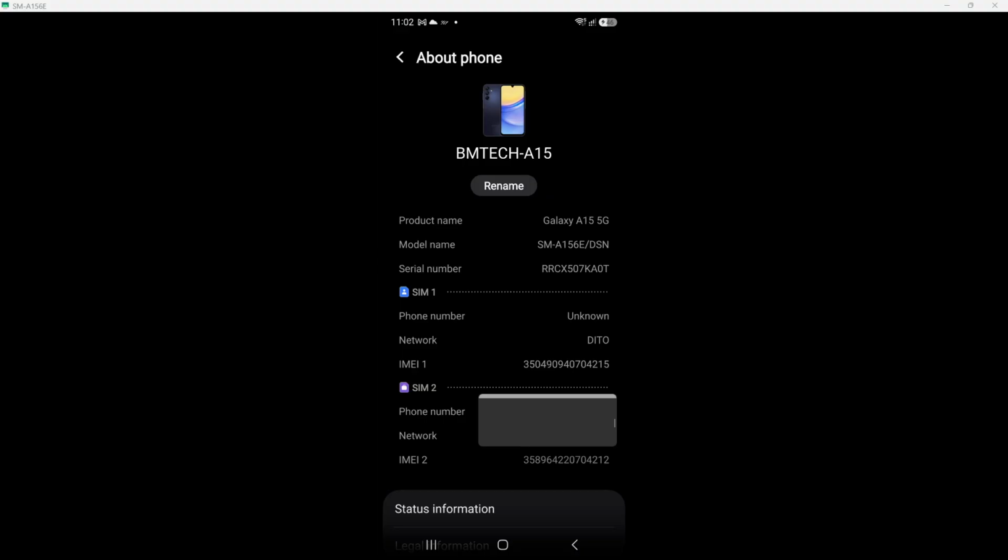Once the SIM card is reinserted, power your device back on. This reboot process is important because it refreshes the system and allows your phone to re-establish a connection with the network. You will see your device starting up, and it may take a moment to reconnect. After it powers on, check the settings again to see if your phone number now appears. This simple step can often resolve the problem effectively.